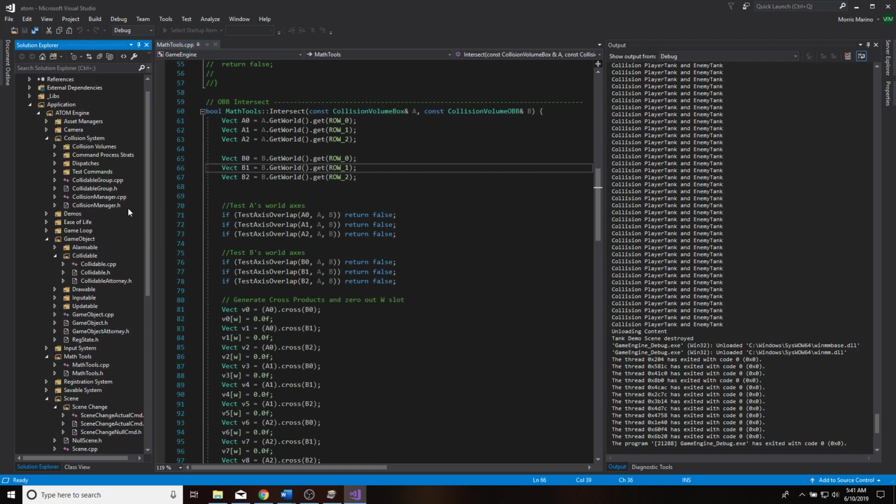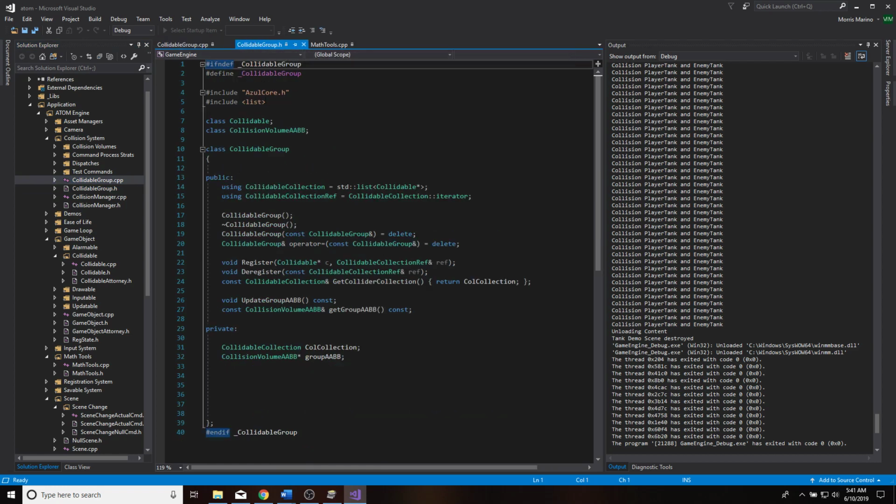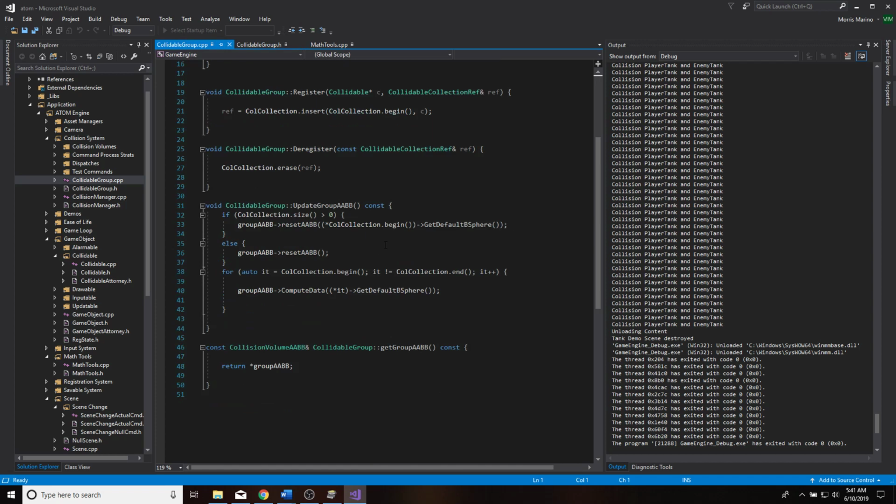we want to get collision group. Right, okay, so collision groups here, got all the same things from before, but now we have some accessors for a group AABB. So, what this is gonna look like here, we update the group AABB by going through all the well, first